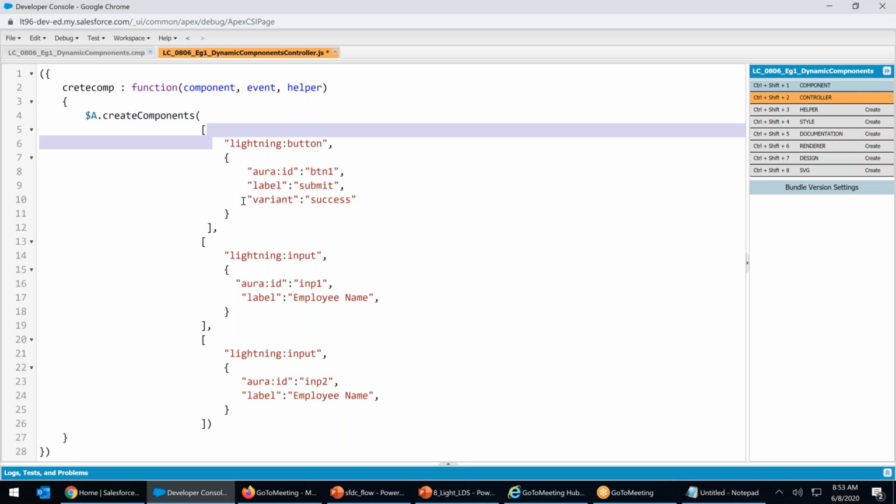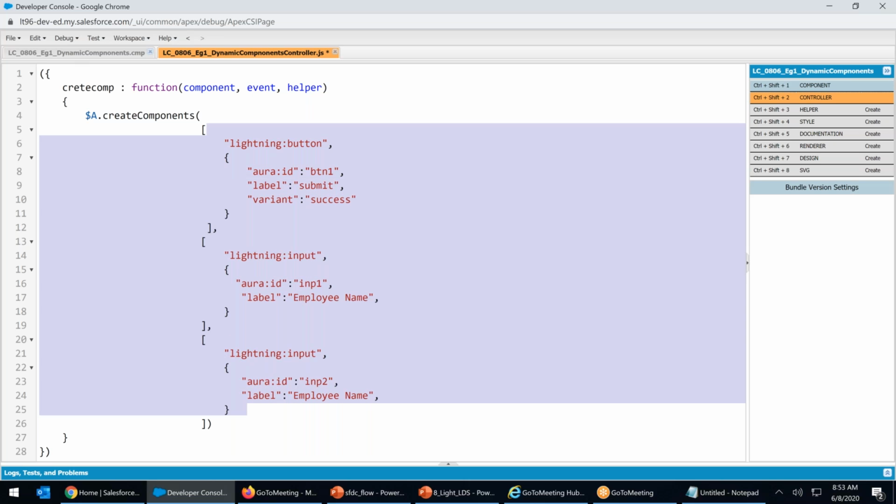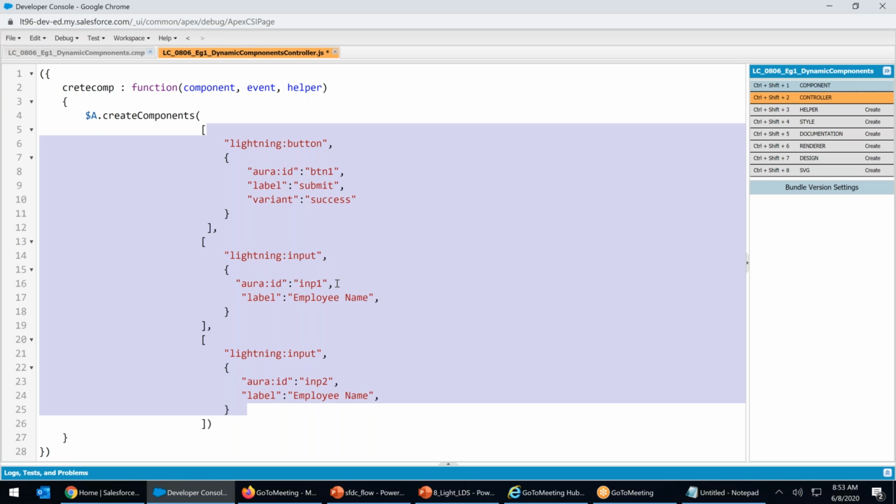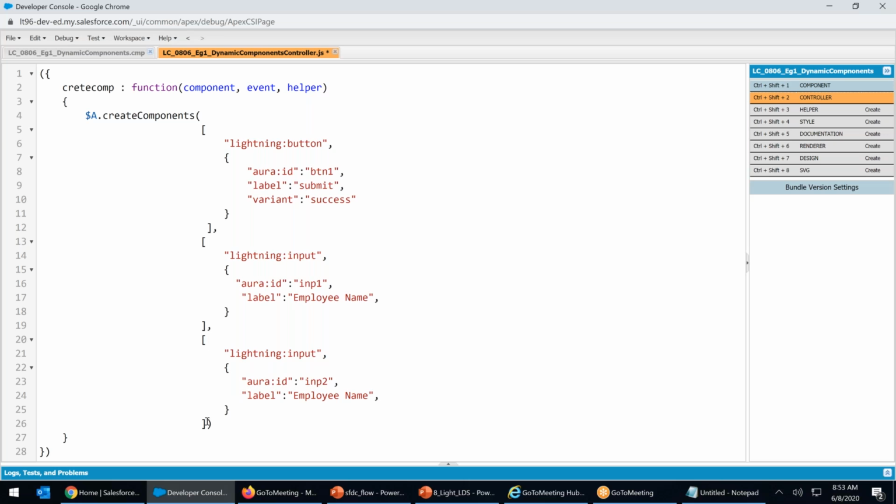Now these are the three components I will create together in a single body. In one body, multiple components are created. There's a lot of story coming up, so keep on watching. Perfectly fine. Now, once this is over, the createComponents bracket starts from here and ends in the green. So the first element is over, comma.